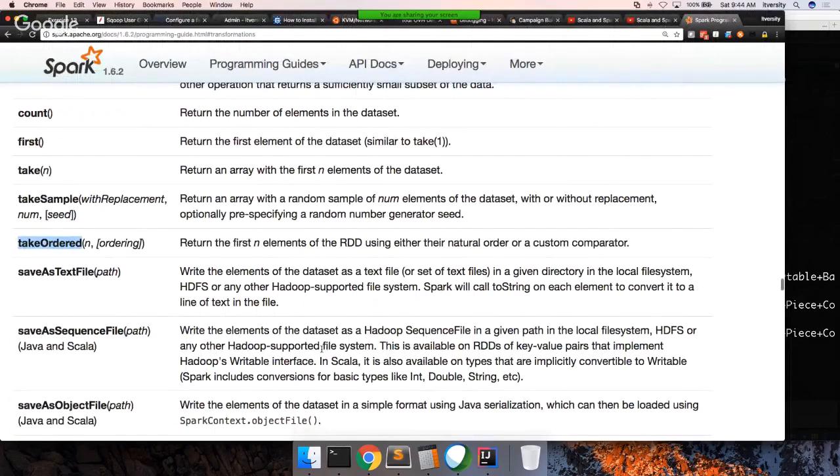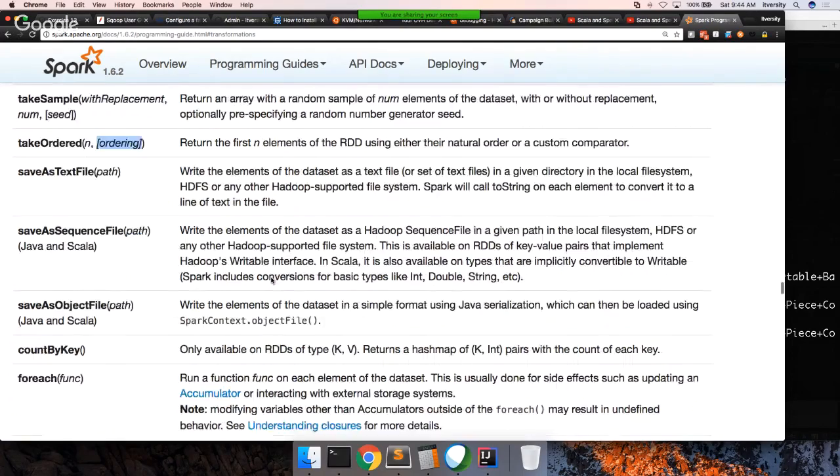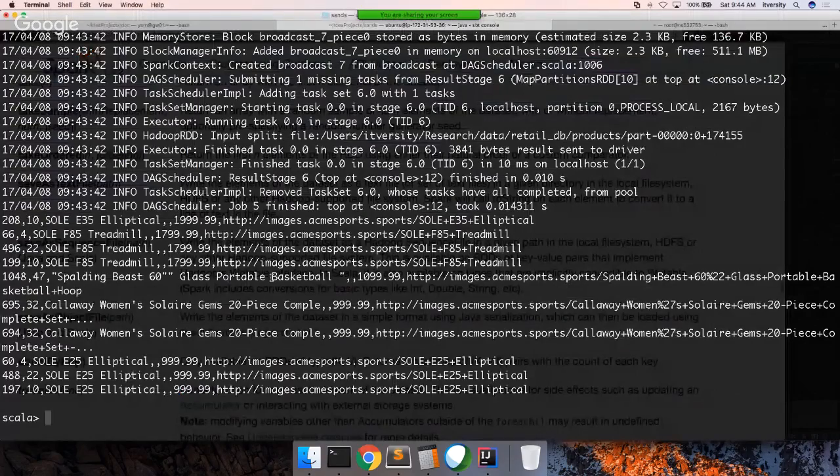Okay, so in case of takeOrdered, you don't need to do map, sortByKey, and then take, or map and top. You can directly say takeOrdered and you can define the logic. The first parameter of takeOrdered will be the number of records you want to see, and the second parameter will be the ordering logic. Okay, so here you can say on the products itself,